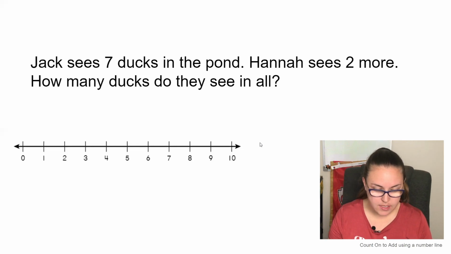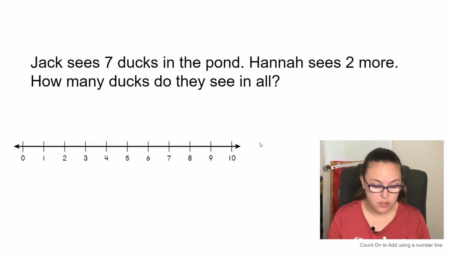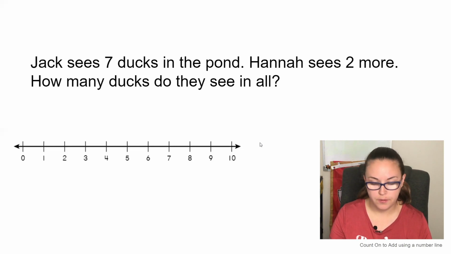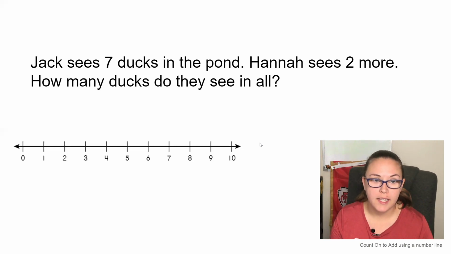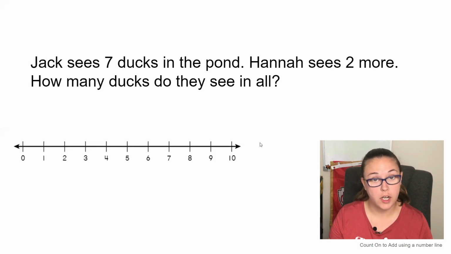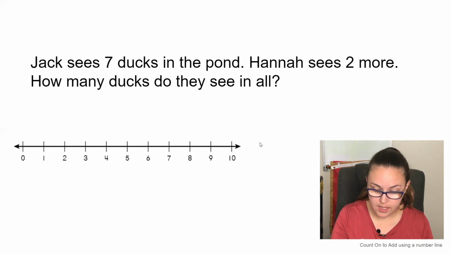Jack sees 7 ducks in the pond. Hannah sees 2 more. How many ducks do they see in all? Now, when we're talking about using this specific strategy with a number line, we need to talk about a couple different things. First, we're always going to mark in the question where we will start and how many we will count on. So here I'm going to take my drawing tool